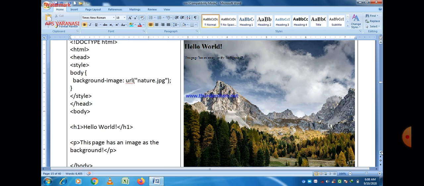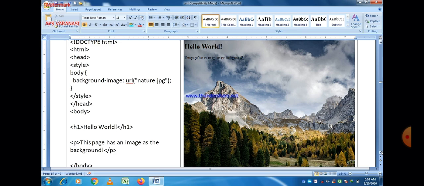To do this, first of all we should use a property-value combination in the CSS part of the program, and the property name is background-image. Here you can see the internal CSS, and in the style tag, background-image colon url.